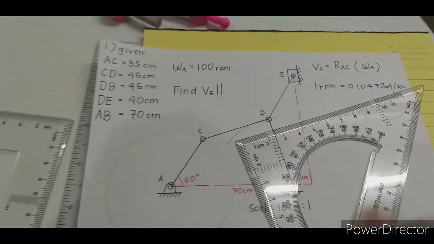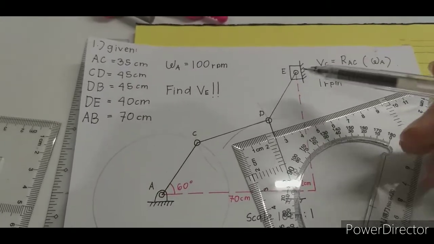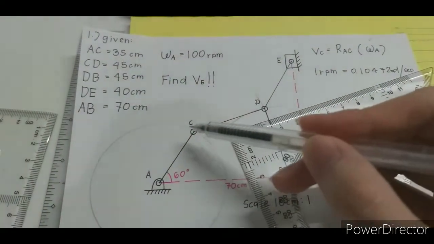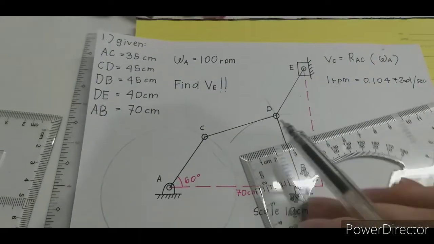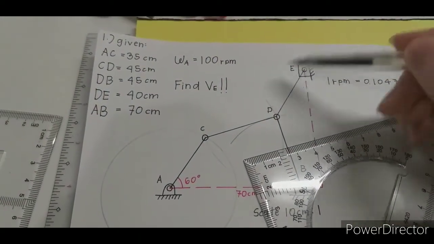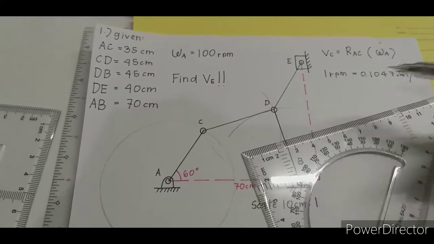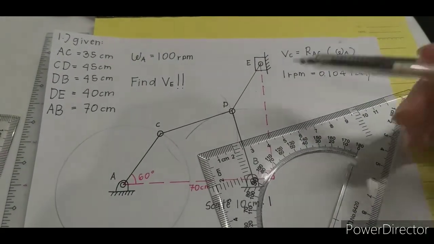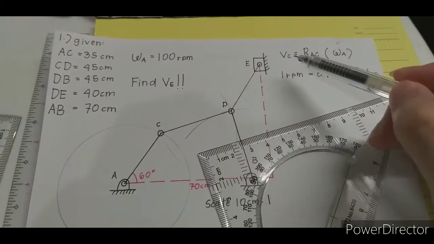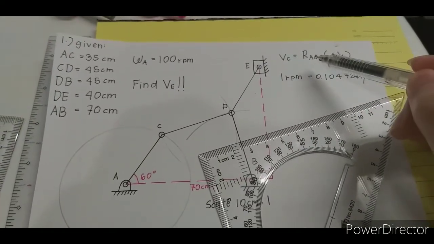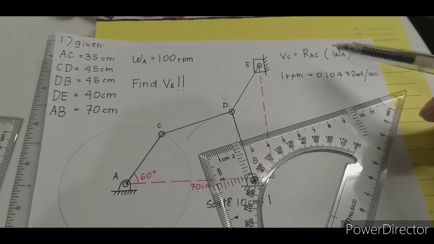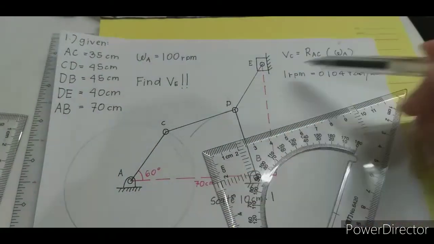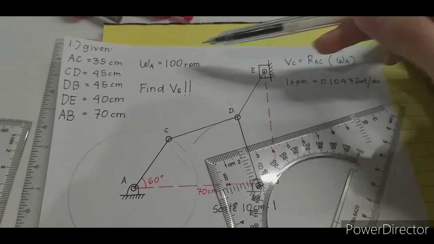Okay, correct? So in order to find the instantaneous velocity at E, we have to first find the velocity at C, and then we'll move forward until we reach the instantaneous velocity at E. So first things first, is to find the velocity at C. Now let us remember that there's a formula for this, in which we multiply the measurement of A to C, and we multiply it by the angular speed at which the crank rotates, which is given in 100 rotations